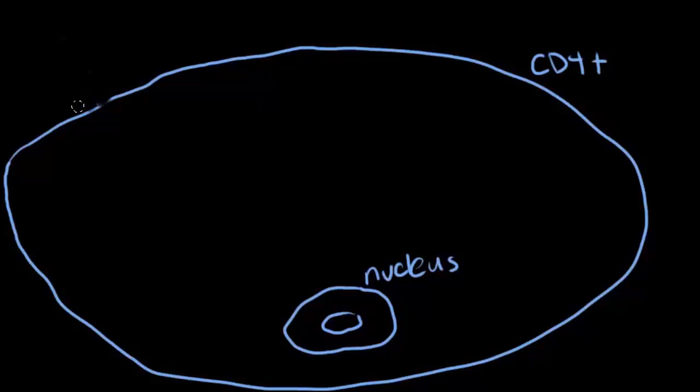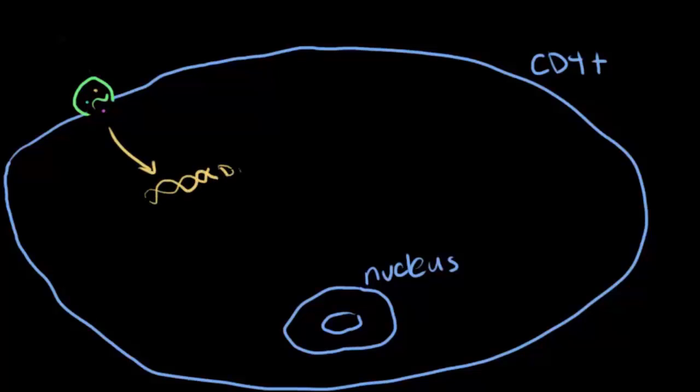HIV's envelope will then fuse with the membrane of the T cell and insert its contents. That includes HIV RNA along with 3 proteins, which I'll draw in different colors here so we can keep them straight. There's reverse transcriptase, integrase, and protease. This genetic material is going to get inserted into the cell's genome, but first it has to be converted from